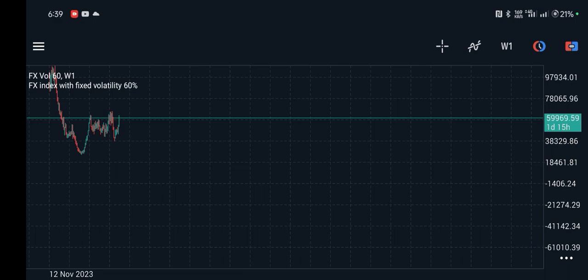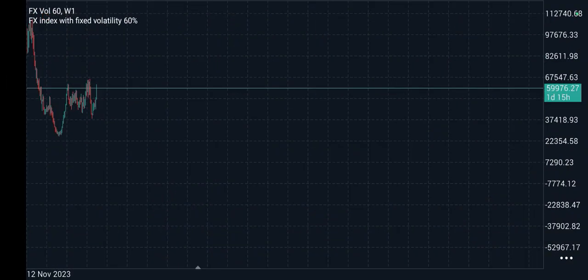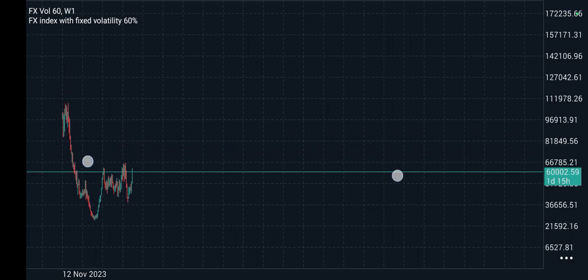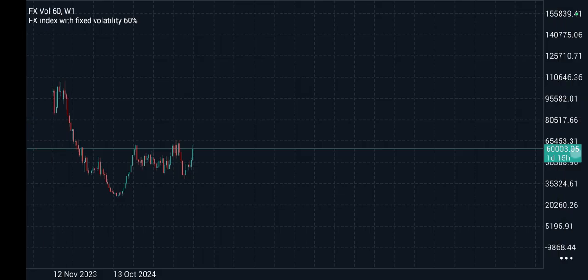Okay guys, let's find a trade on Volatility 60. It's actually going to be very fast. You can analyze your market in no more than 5 minutes, but because I'm going to be explaining, it will take a bit longer. So you already know you have to start your analysis from the time frame that gives you the general view